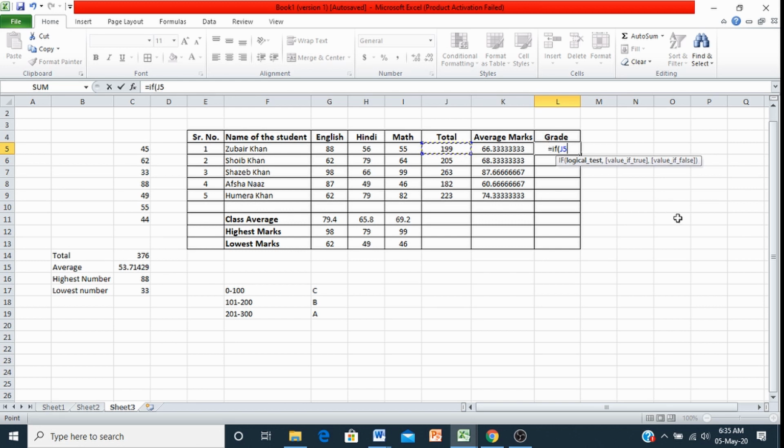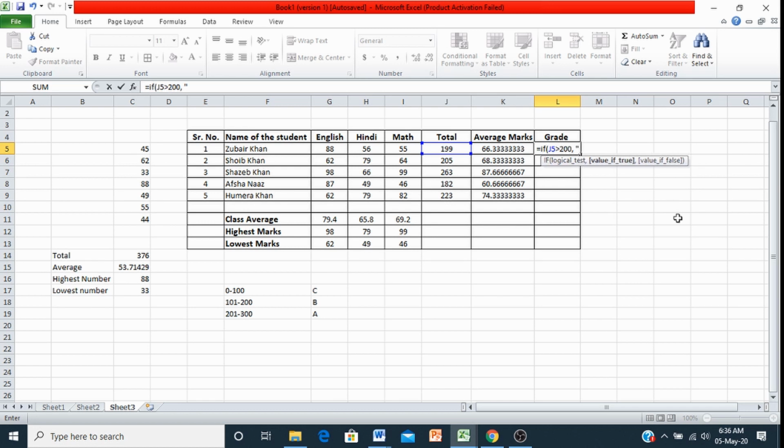So we have to put IF, then open bracket, then the cell reference we have to give. If J5 is more than, this is the sign for more than, 200. Okay, more than 200, then we have to put a comma over here.